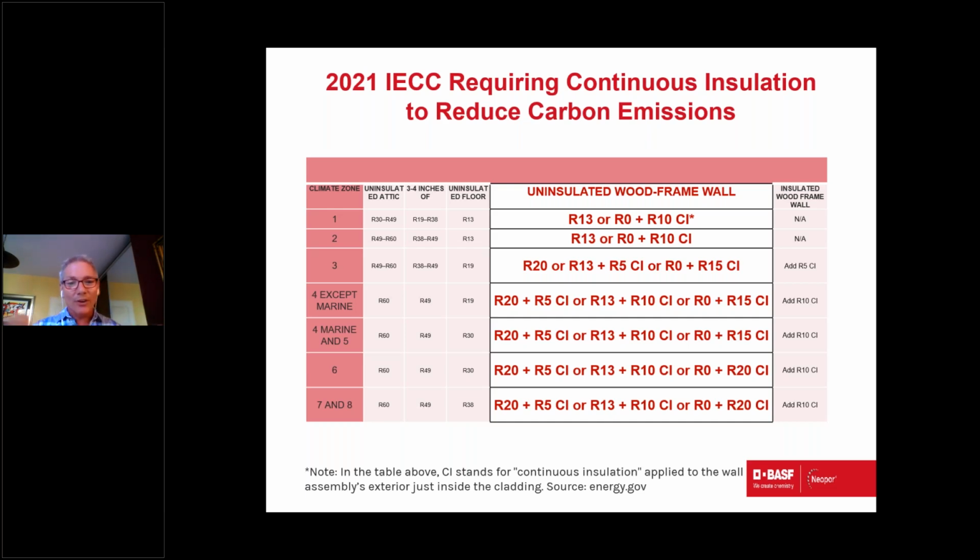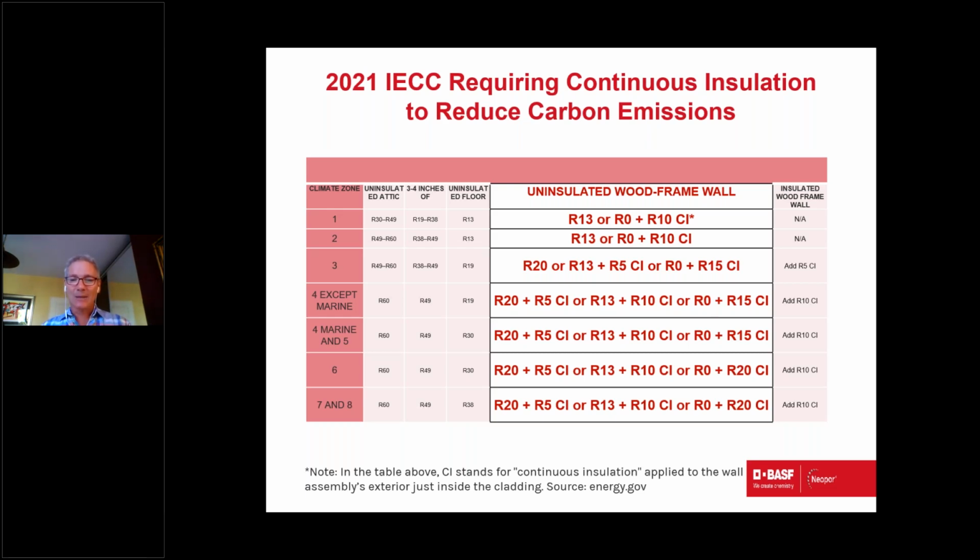So climate zone 1 starting down in Florida in the warm climate zones, all the way up to say climate zone 3, which is kind of the south, the Mason-Dixon line. And then pretty much everything north of that are the cold climates. And the main thing and the new discussion is all about insulation, increased insulation requirements, whether it's in the cavity. Sometimes the new building codes require so much insulation that you can't squeeze it all in the cavity anymore. And so you have to kind of blanket the building around the outside with continuous insulation, sometimes called CI for